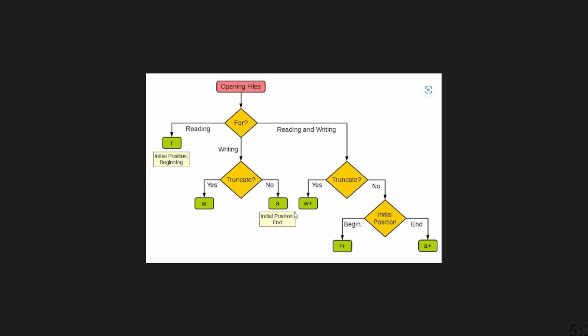So here in append mode, there are 2 properties. One, in append mode, you can actually open a file that does not exist also. Okay, you can create a new file and write content into the file. That is number 1. Secondly,